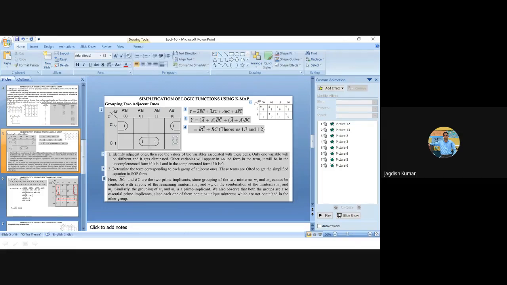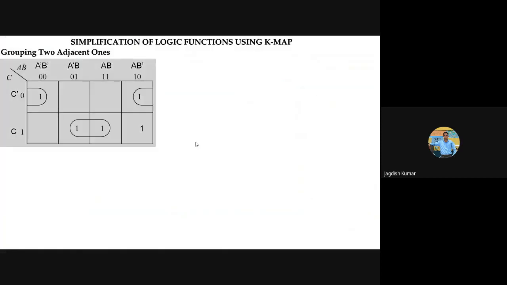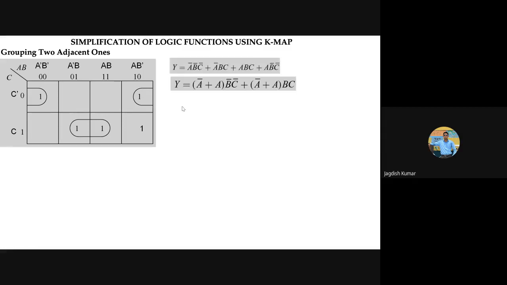Okay, let me give you one example. Suppose there is a one sitting here. Now, what do you think? What will be the truth table? Sorry, what will be the Boolean expression? Now here you will realize that this one also can make a pair with this, right? This can make a pair with this as well. So both ways, then you will ask, what will be the case there?